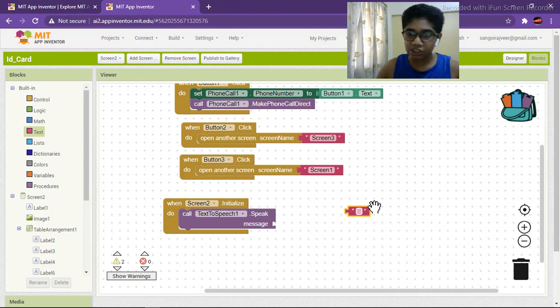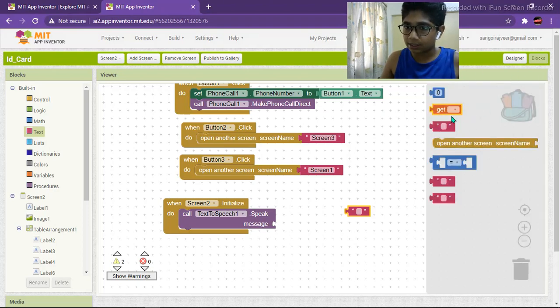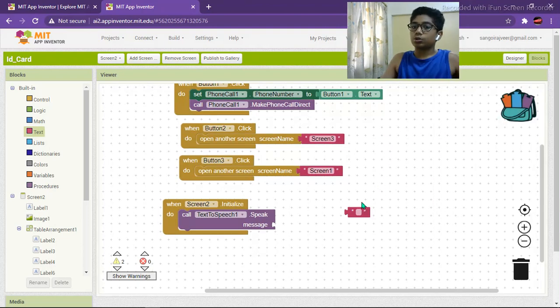Initially your backpack would be closed and it would be empty. But once you do this, your backpack would have something, which is this. So now this is your backpack, and you can click on this to get this. Here you can see this. Now you can use that easily whenever you want without going to this text thing. So just drag and drop and join with this component.